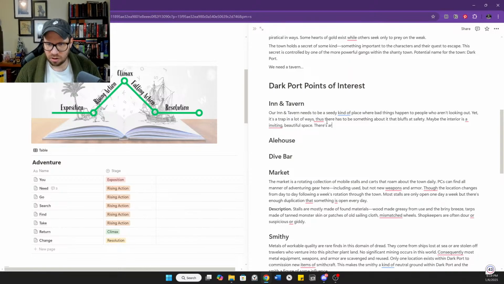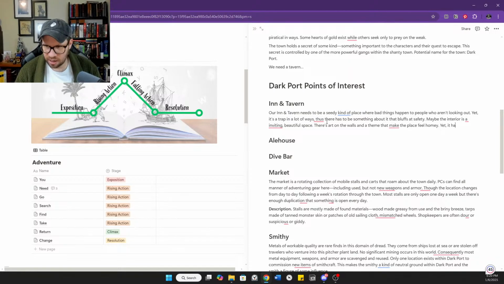There's art on the walls and a theme to this that makes the place feel homey.